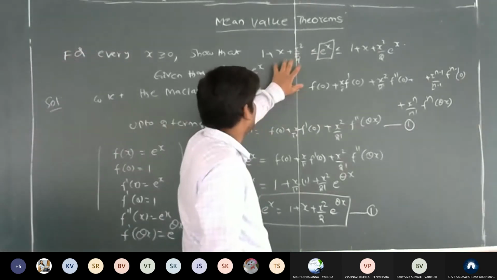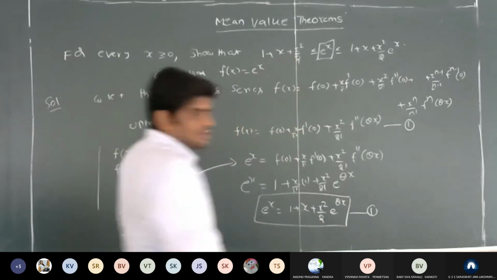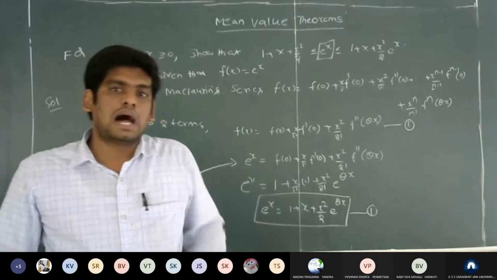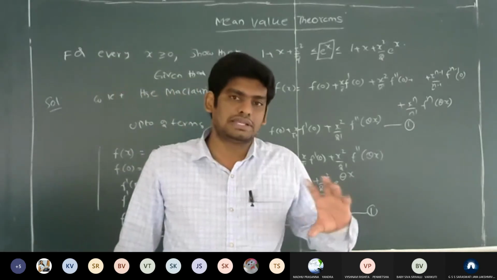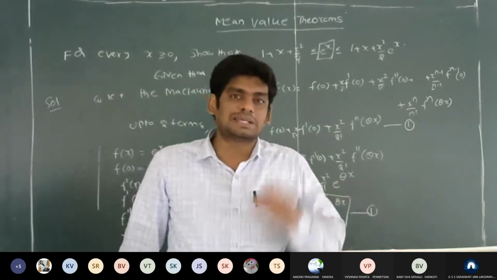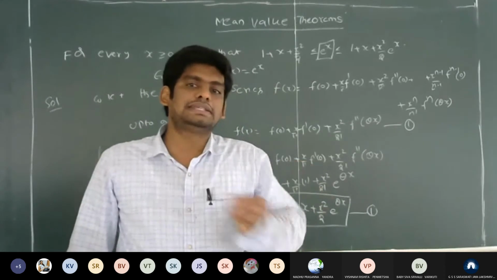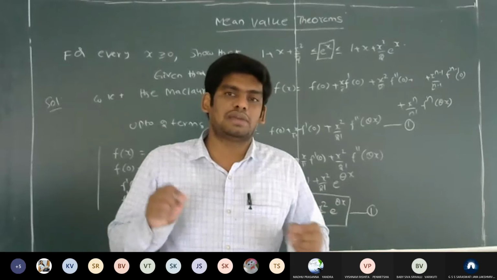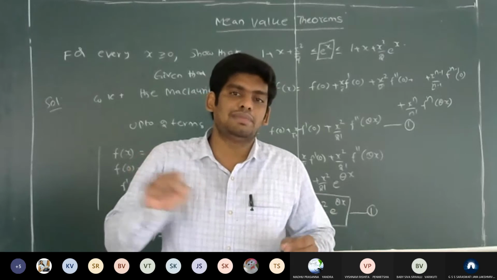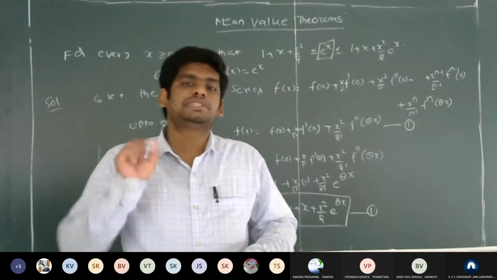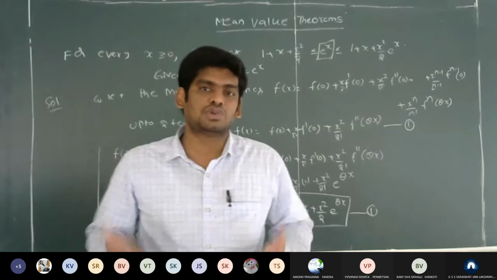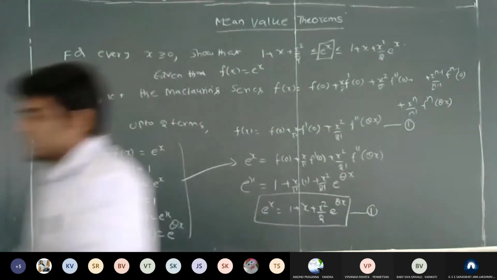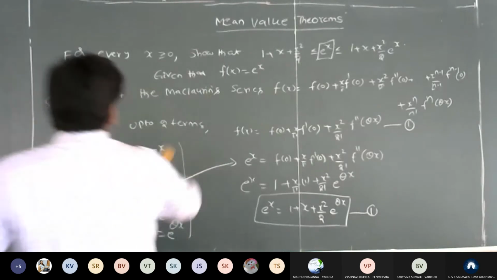Now we have to form this term, so we use one of the known things, that is 0 less than theta less than 1. We already proved that inequality in the last session. It is obtained from the relation a less than c less than b. Subtracting a on both sides, I get 0 less than c minus a by b minus a less than 1. Assuming c minus a by b minus a is theta, it becomes 0 less than theta less than 1. So that is the known one.